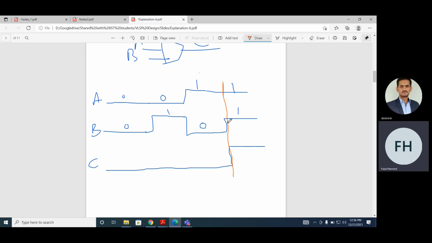I also told you that in most of the fabrication circuits there are different libraries. Maybe you have a library of NAND gates from one IP and another IP.